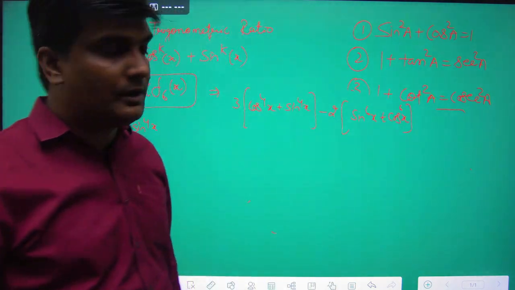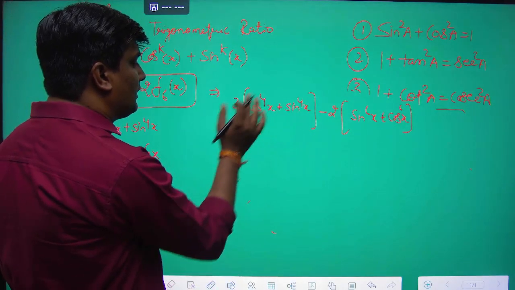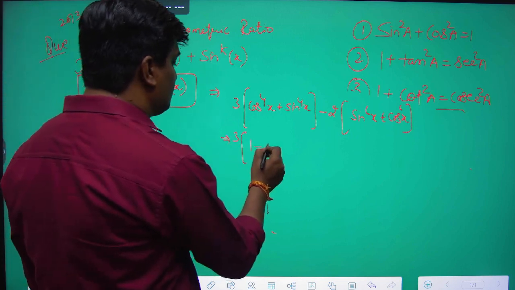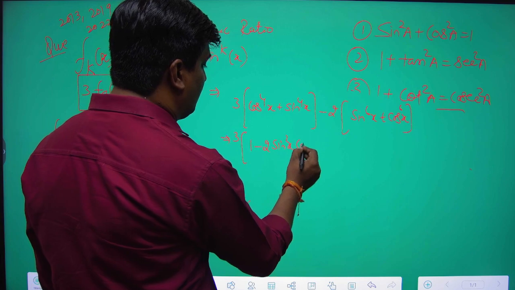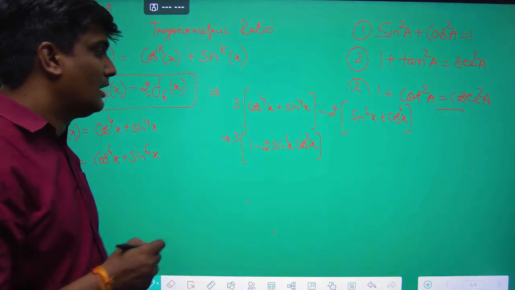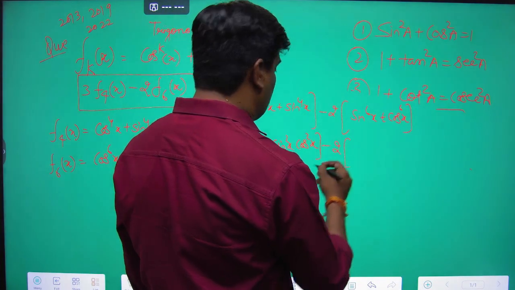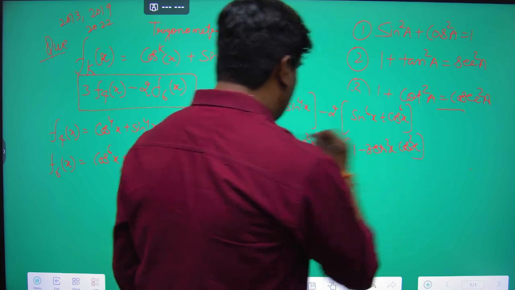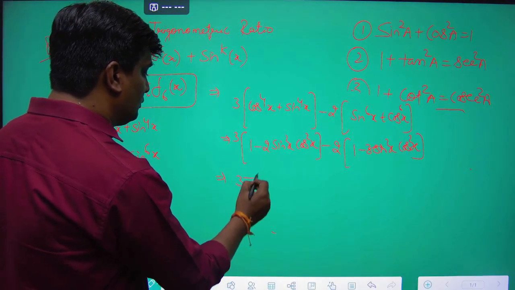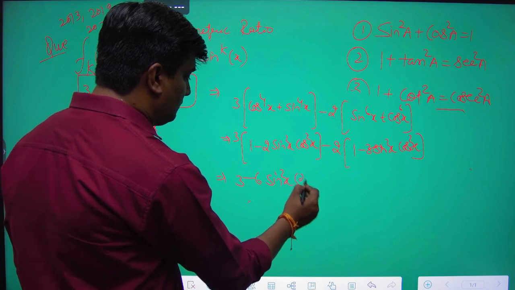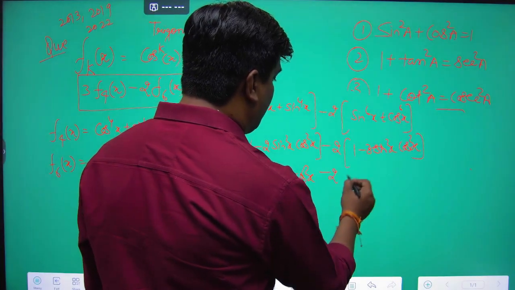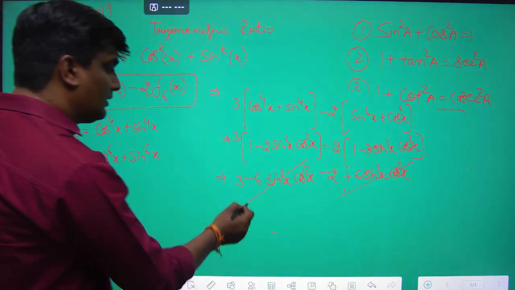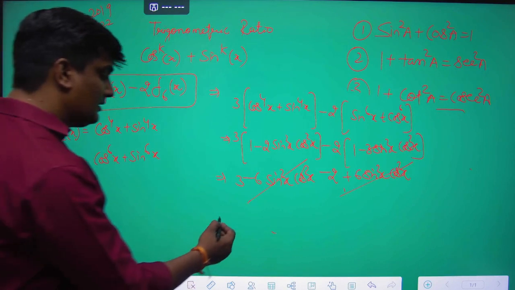Okay, all the students. So the value of cos to the power 4x plus sin to the power 4x is, given, 3 times (1 minus 2 sin square x cos square x), and minus 2 times (1 minus 3 sin square x cos square x). Now multiply the 3 and the 2. Minus minus is plus, so the given part cancels out. Now the final result is 1.